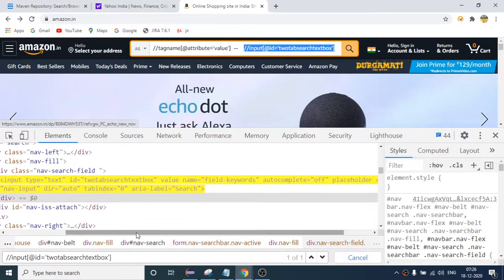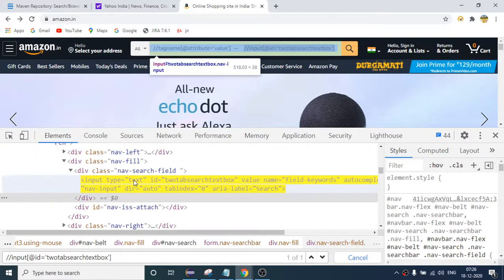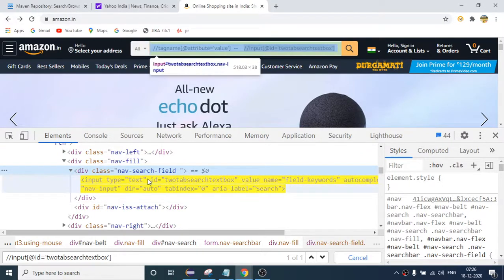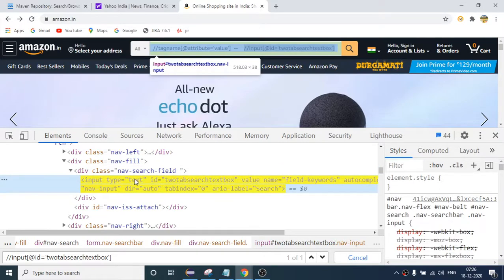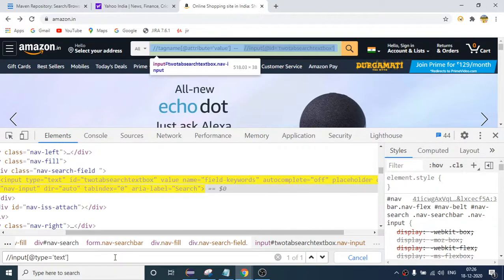As our syntax is this, you can use any attribute. Suppose I use this attribute, or let me just take, I want to check whether I am going to get a unique element. If I say type equals to text, it is still giving me only one element.